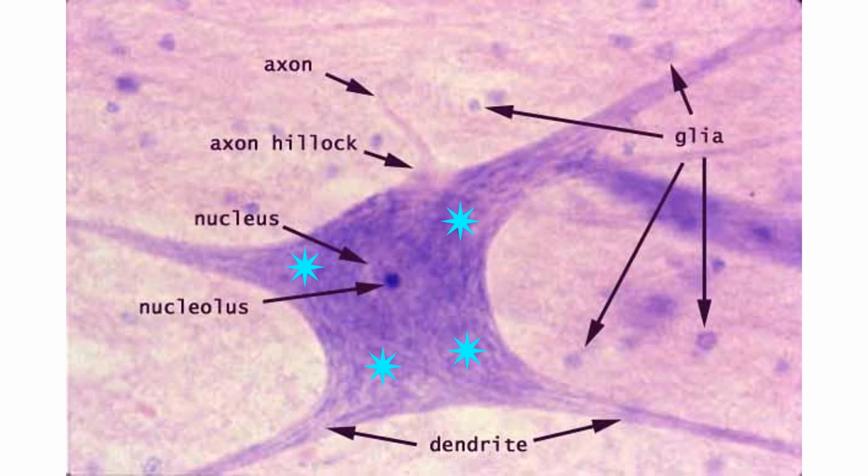Now, why is it so blue? Because it contains so many of the organelles of any cell. It contains mitochondria, it contains Golgi apparatus, it contains an endoplasmic reticulum, and let us stop at the endoplasmic reticulum. The endoplasmic reticulum in a neuron is rough endoplasmic reticulum, and it produces lots of RNA